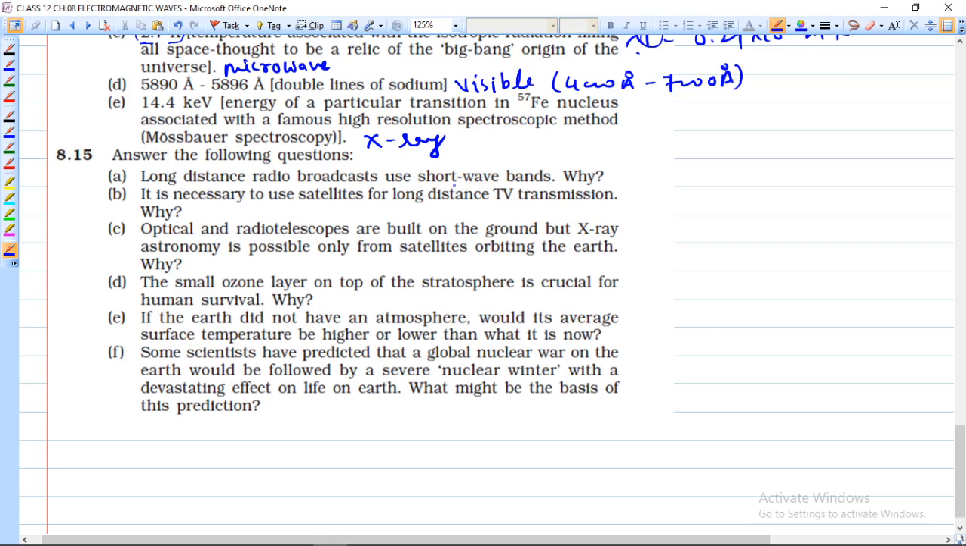अच्छा, अभी इसका आंसर देखिए, द लॉन्ग डिस्टेंस रेडियो ब्रॉडकास्ट यूज शॉर्ट वेव बैंड्स, व्हाई। वो शॉर्ट वेव बैंड क्यों यूज करते हैं, बिकॉज आयोनोस्फीयर रिफ्लेक्ट्स देम। ओके, अदरवाइज वो आयोनोस्फीयर को चीर के चली जाएगी दूर, तो फिर हम कम्युनिकेशन कर ही नहीं पाएंगे, इसलिए इट इज नेसेसरी टू यूज सैटेलाइट फॉर अ लॉन्ग डिस्टेंस टीवी ट्रांसमिशन, व्हाई। सैटेलाइट हम क्यों यूज करते हैं, क्योंकि वहां पर आयोनोस्फीयर रिफ्लेक्ट नहीं कर पाता, इसीलिए, ठीक है।